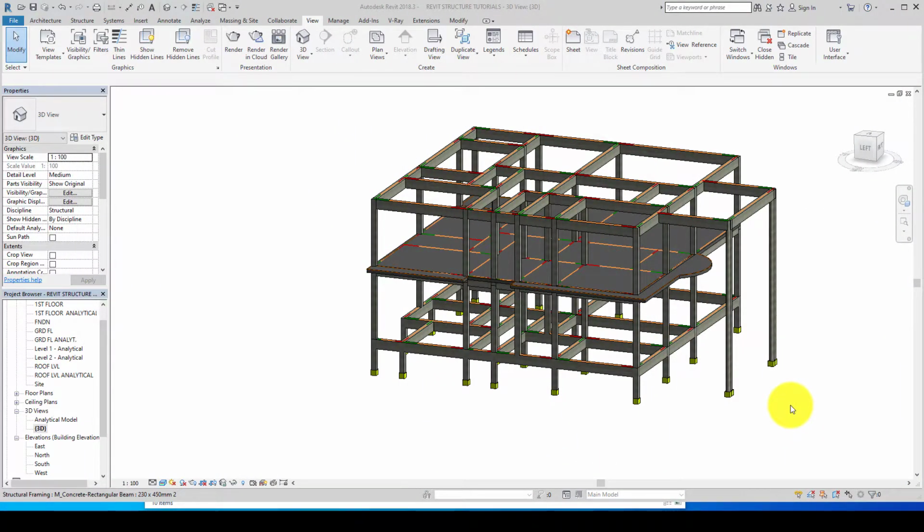Welcome back, guys. In this edition of the tutorial, we are going to see how to model what you are seeing on the screen in Revit structure. I think since 2017 Revit has combined its three products, that is the Revit MEP, the Revit architecture and Revit